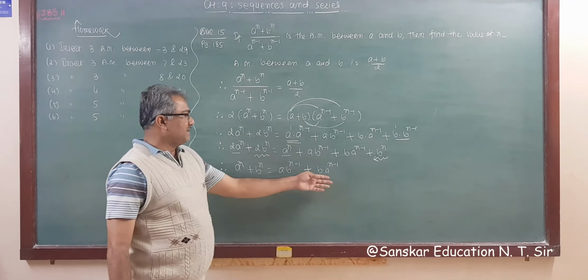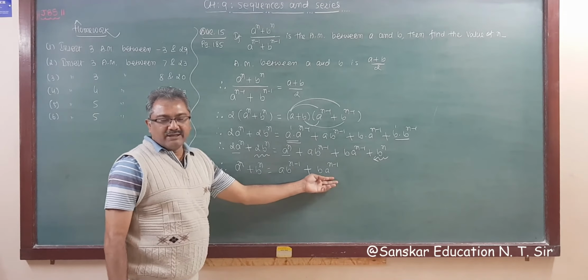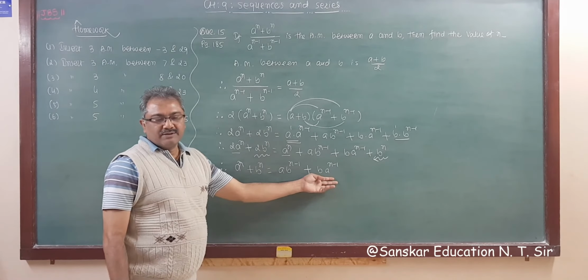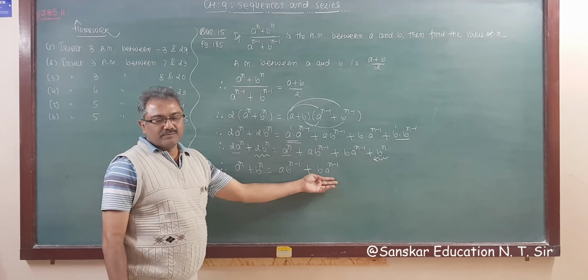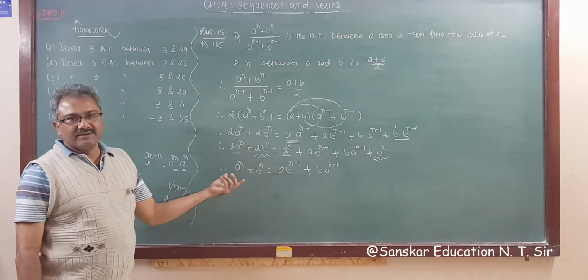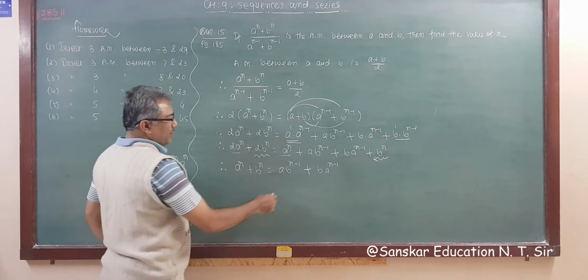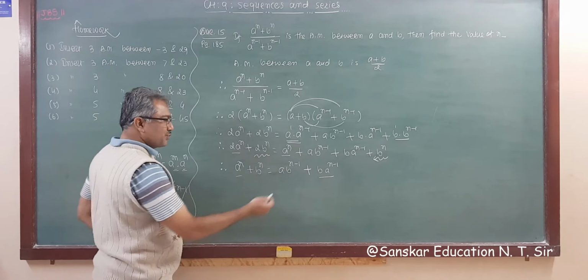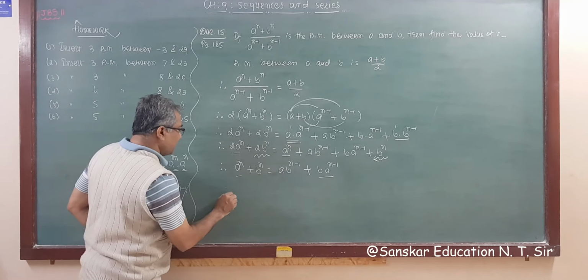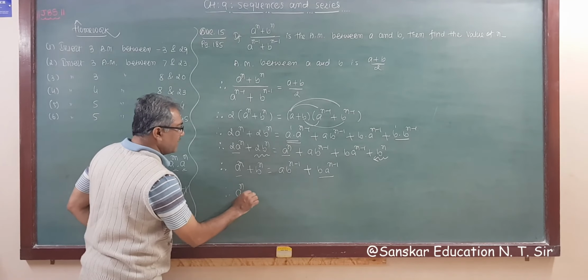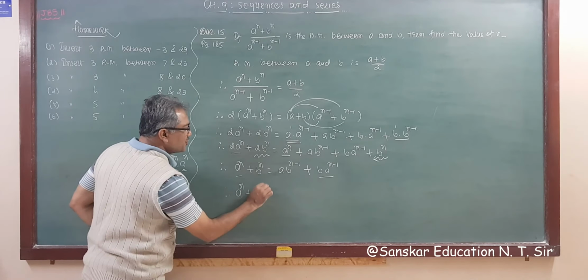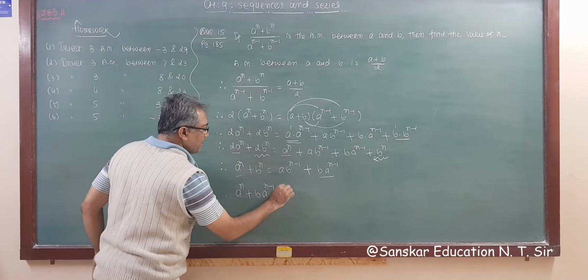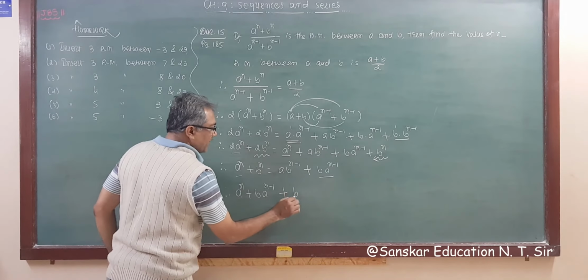Taking this term, right? A, right? What will we do now? Any idea? No idea? Okay. So this is a raised to n. This is a raised to n minus 1. So taking to left hand side, I am writing these two terms together. A raised to n plus b a raised to n minus 1 plus b raised to n.